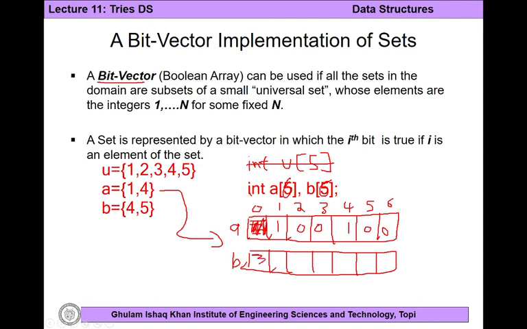don't use the 0th slot. If you see here, 4 is available in set B, so go to the 4th index, turn it on. 5 is available in set B, go to the 5th index, turn it on, and turn off rest of the indices. So this is how you can store sets in arrays using bit vectors. So this is static implementation of the